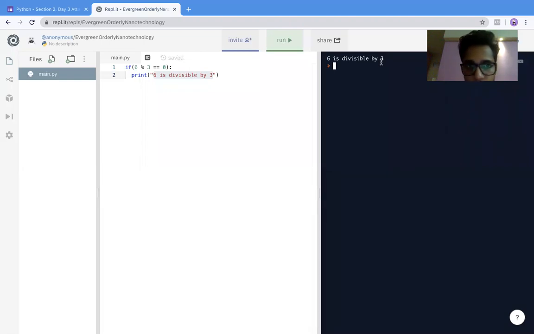All right. So I'll take a pause. Let me know if this code block makes sense to you. This is called a code block because now you have an indentation here, and that is what we were talking about yesterday, white spaces.